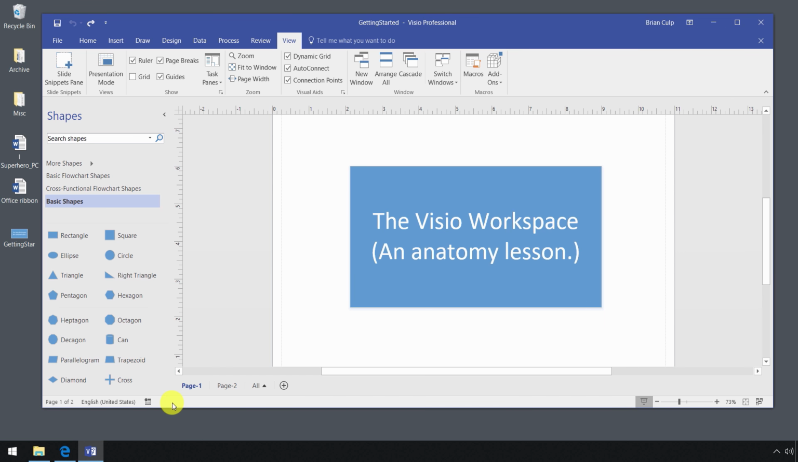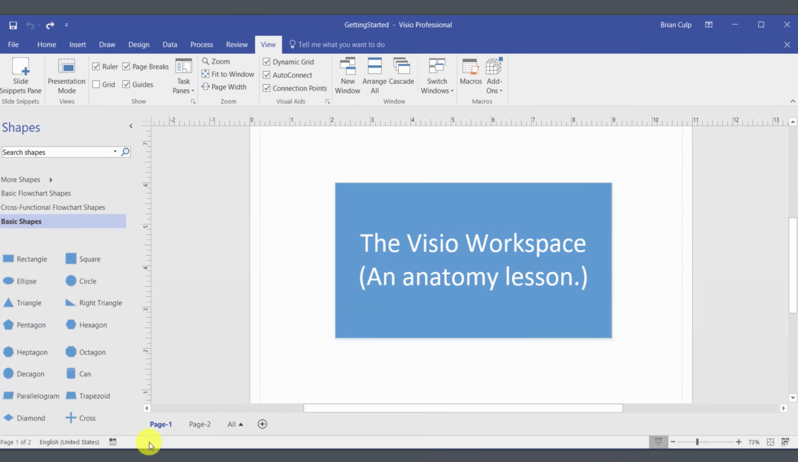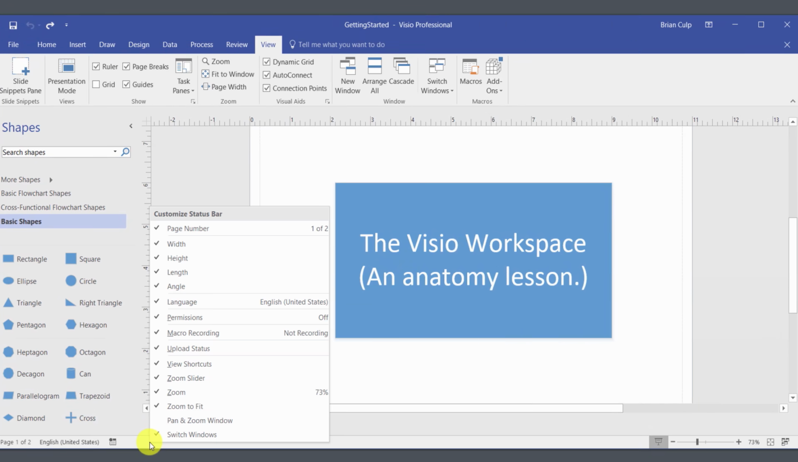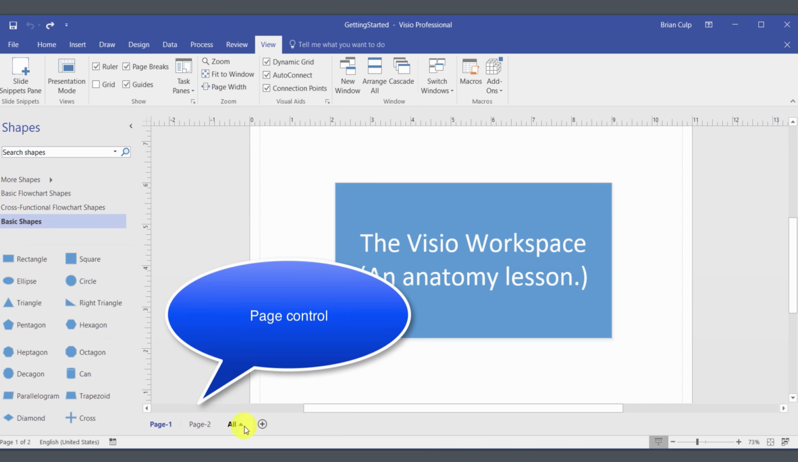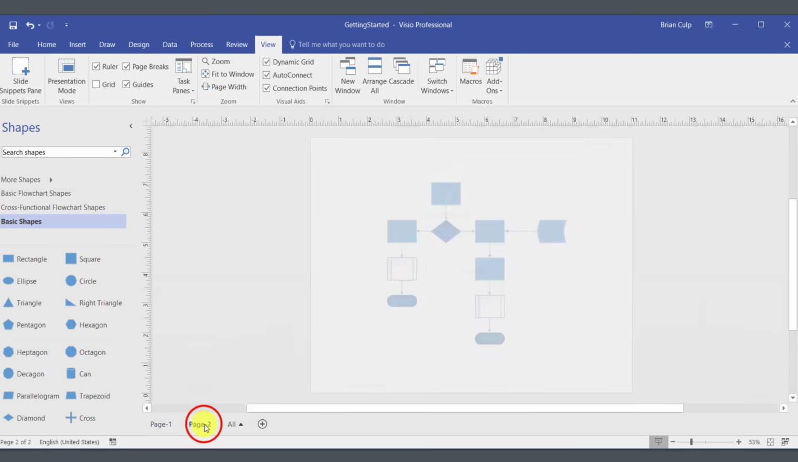Underneath that, you have a status bar. This is common to all Office applications, so people who are using Visio should understand that this can be right-clicked, and then you can customize the things that are in the status bar by just a click on and off again. Right above that, you have a section called Page Controls, and here's where you can add pages, switch between pages in your drawing,